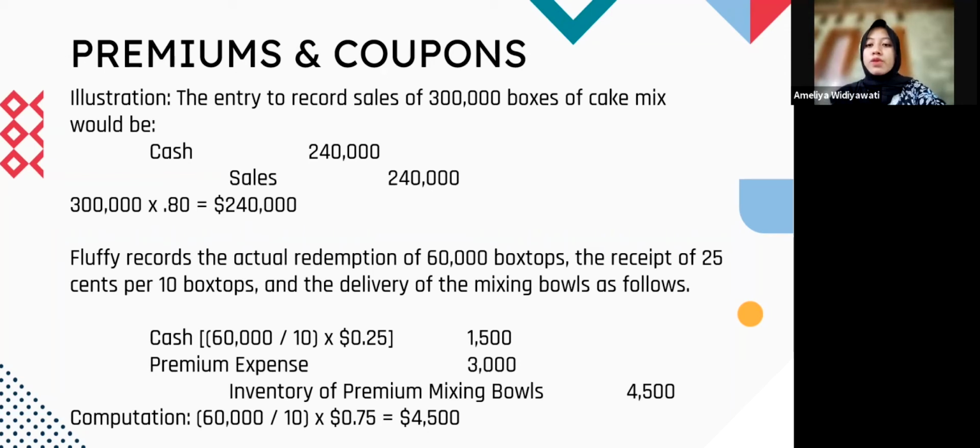And Fluffy records the actual redemption of 60,000 box tops and the receipt of 25 cents per 10 box tops, and the delivery of the mixing bowls as follows. Cash: 60,000 divided by 10, and then times 0.25 is $1,500, and then premium expense amount of 3,000, and then inventory of premium mixing bowls is